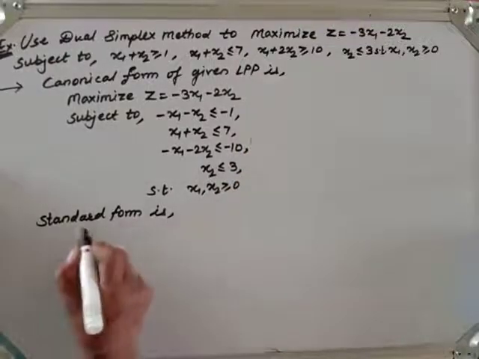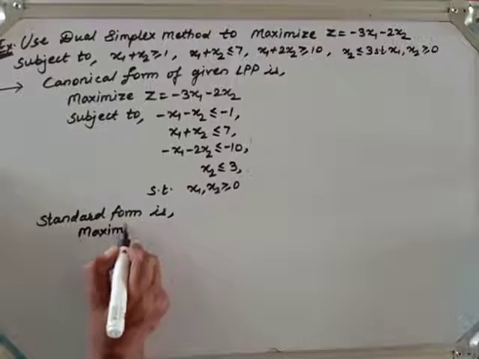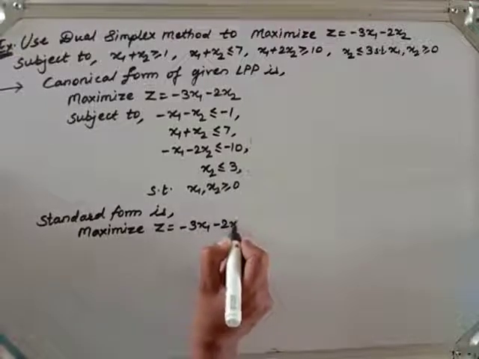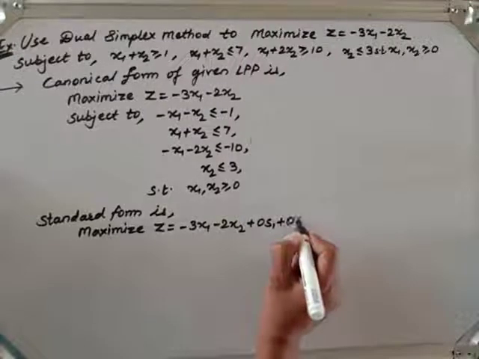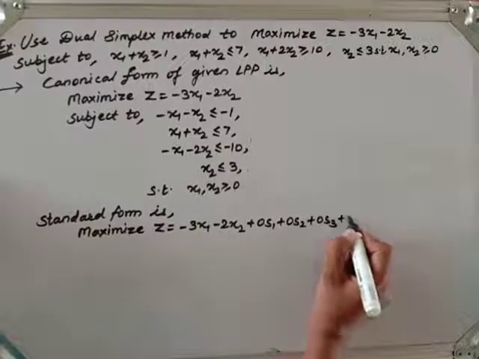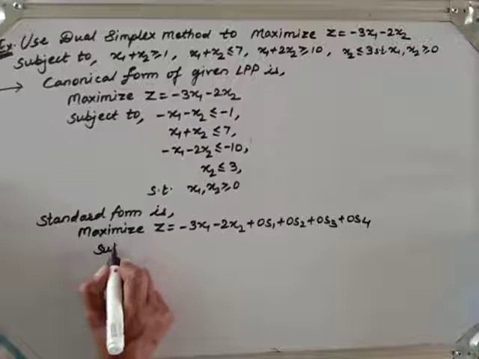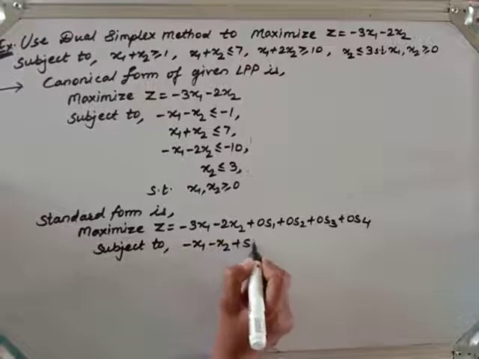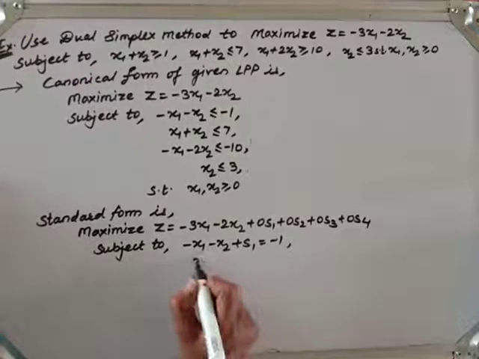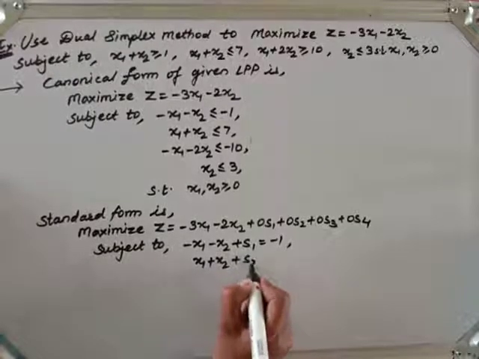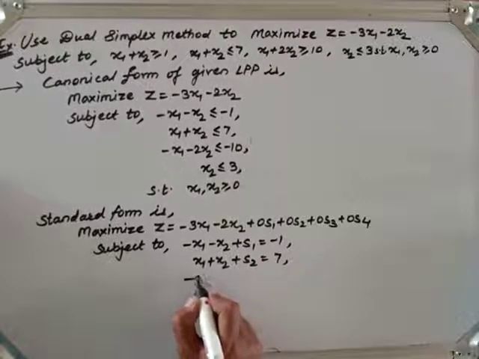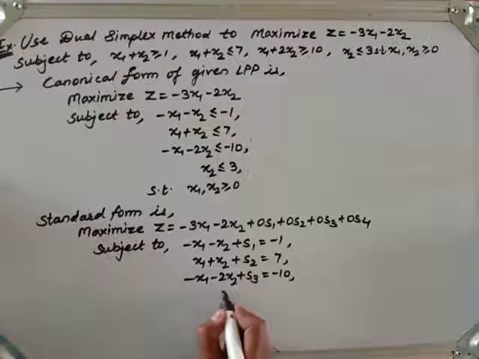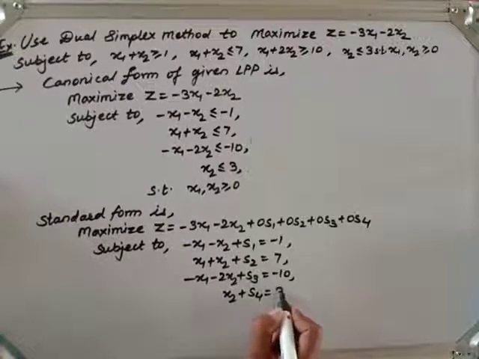So 4 slack variables are needed. The standard form is: maximize z equal to minus 3x1 minus 2x2 plus 0s1 plus 0s2 plus 0s3 plus 0s4, since the coefficients of slack variables in the objective function are 0, subject to minus x1 minus x2 plus s1 equal to minus 1, x1 plus x2 plus s2 equal to 7, minus x1 minus 2x2 plus s3 equal to minus 10, x2 plus s4 equal to 3,